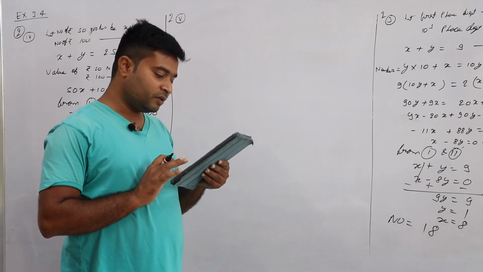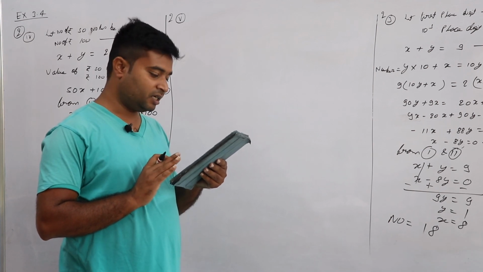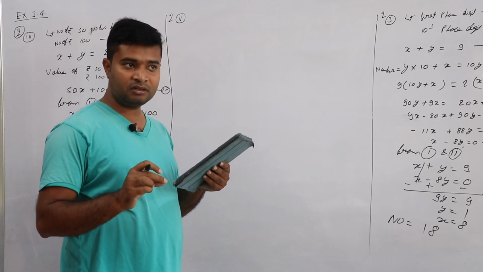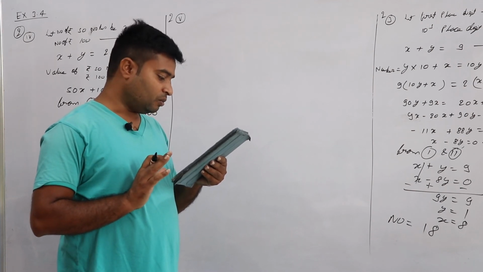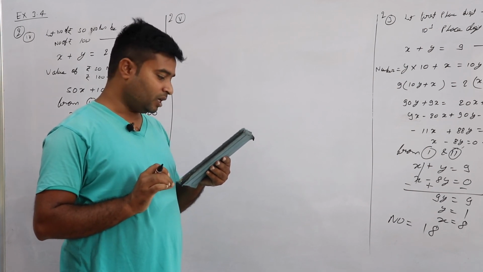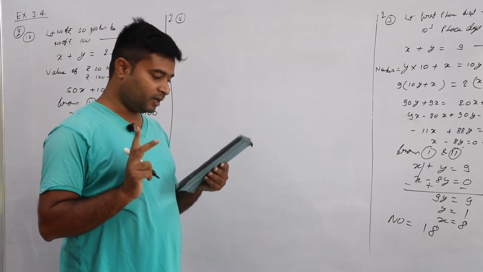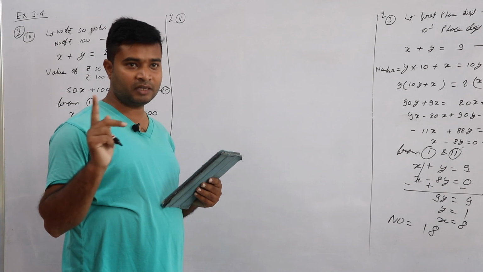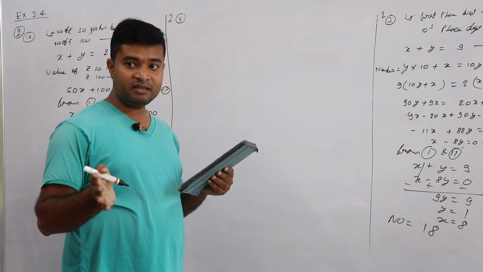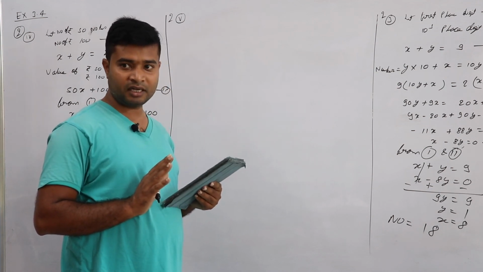Sarita paid 27 rupees for a book and kept it for 7 days, while Susi paid 21 rupees and kept the book for 5 days. Two things are given: one took it for 7 days and paid 27 rupees, one took it for 5 days and paid 21 rupees. Find the fixed charge and the extra charge.